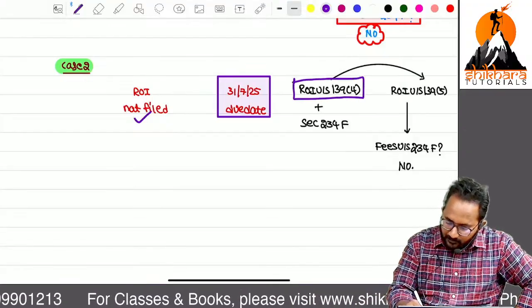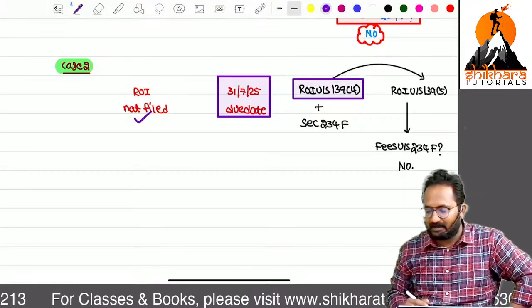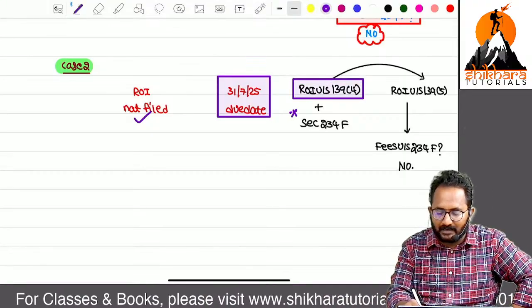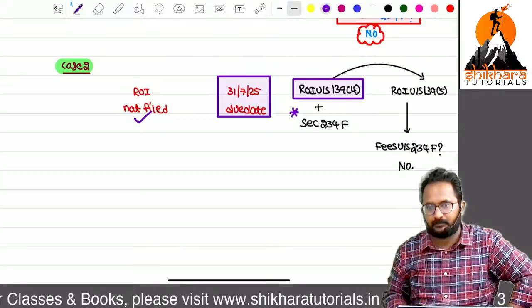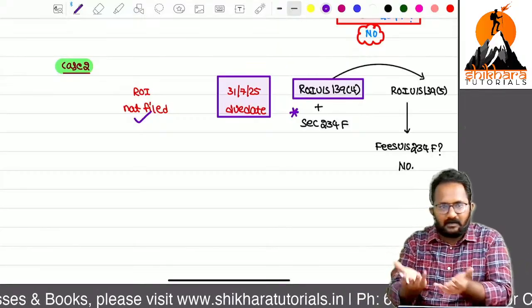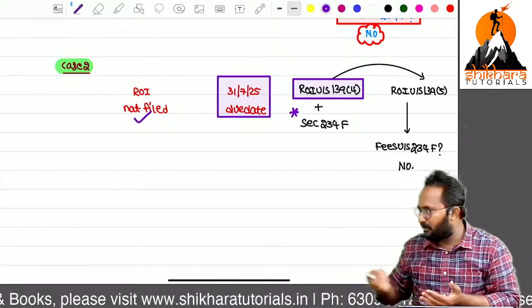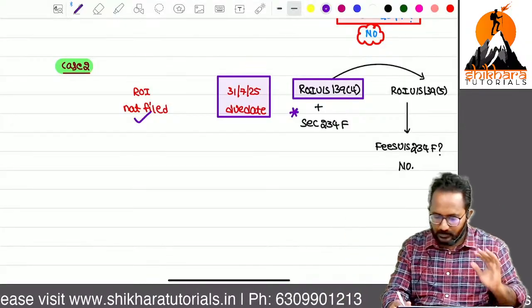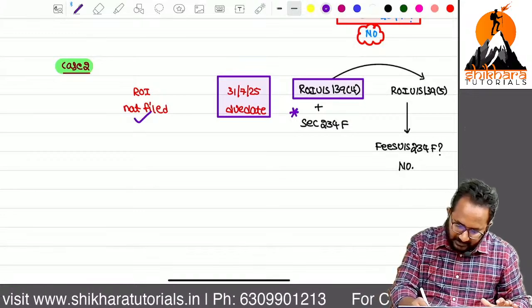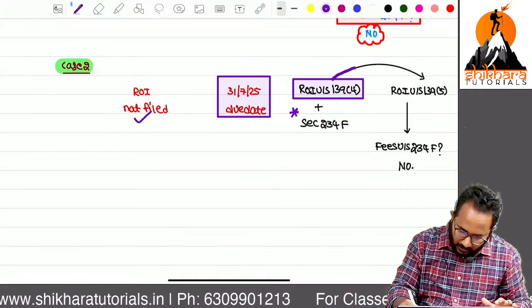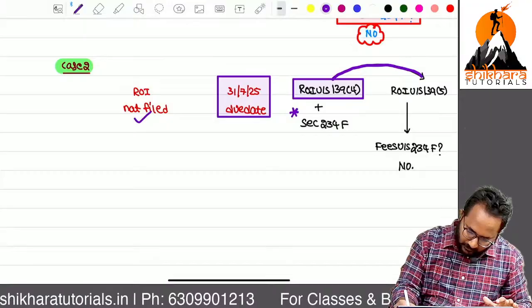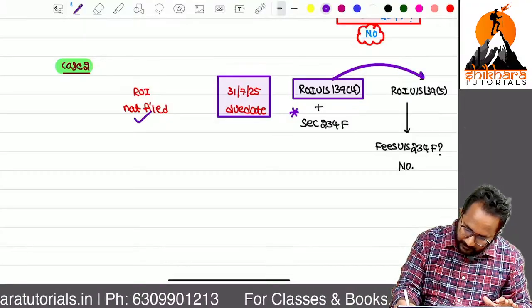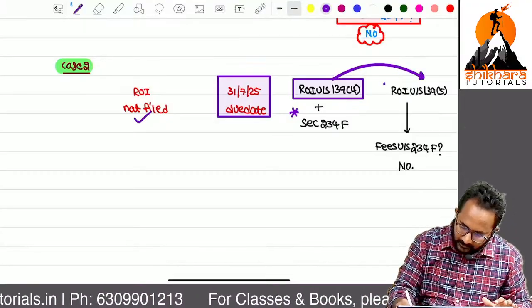At the time of filing a belated return, you always have to attach the fees. Belated return means you are filing after the due date, so automatically 234F fees will be added to your return. In this return, some mistakes are identified. Now the assessee wants to revise. Can he revise? Yes, but within the